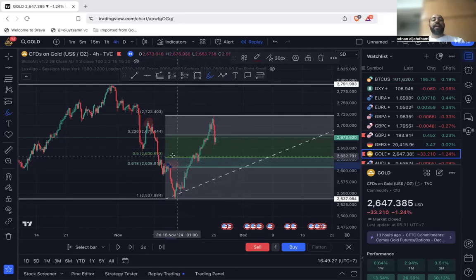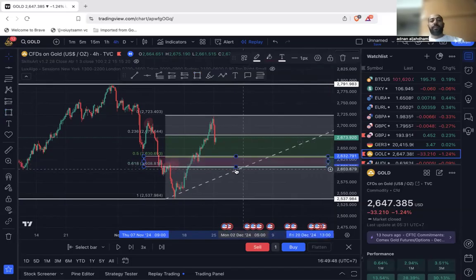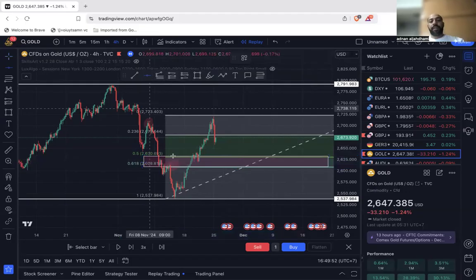Basically this area. And guess what? In this area as well, what do you see? You see also RBS, where resistance becomes support as well. So if you draw a rectangle here in this area, especially if you take the 50% here,